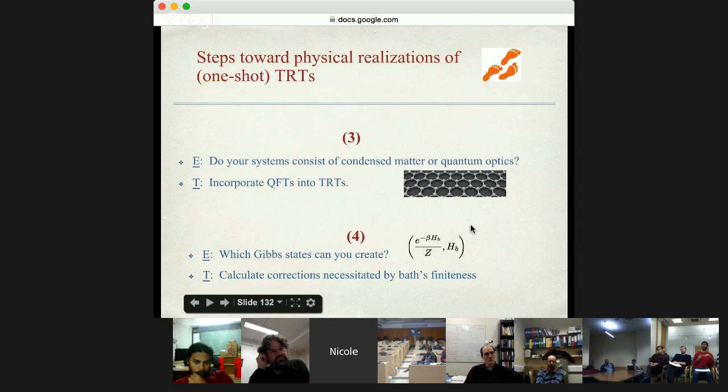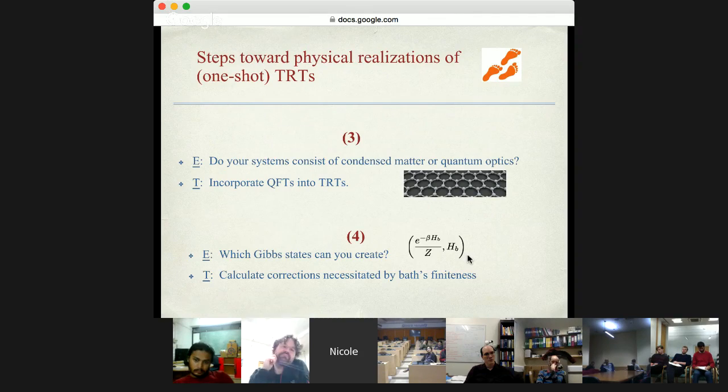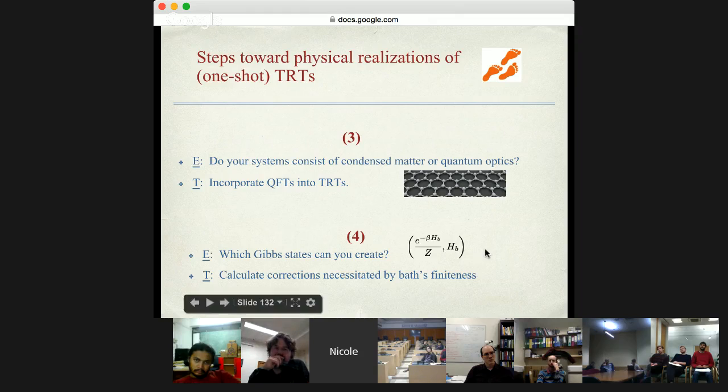I mentioned baths. There are a couple of problems here. One result in thermodynamic resource theories that is used over and over again is a transformation becomes exact in some sense in a limit as the bath's size approaches infinity. Now, I don't know about you, but I never have an infinitely large bath around. Granted, this problem is not limited to thermodynamic resource theories. In ordinary statistical mechanics, we run up against the finite size problem. Therefore, it might be useful to take some of the techniques from ordinary statistical mechanics and apply them to thermodynamic resource theories to